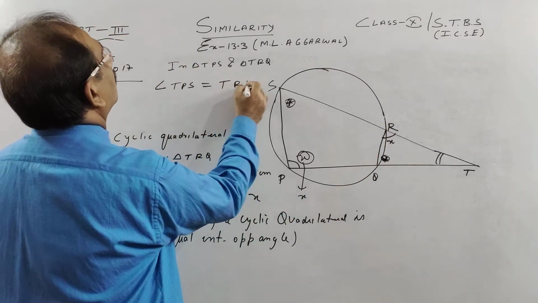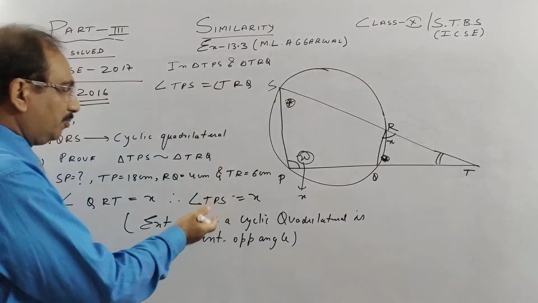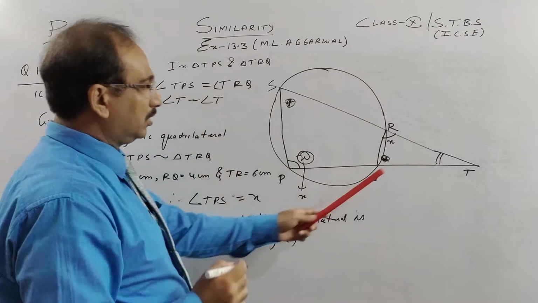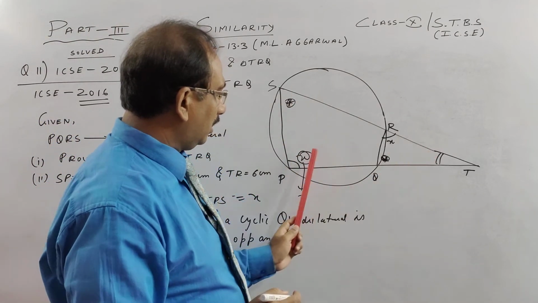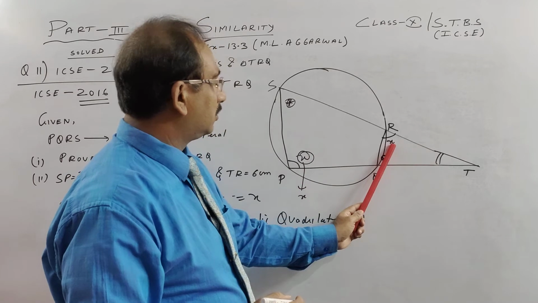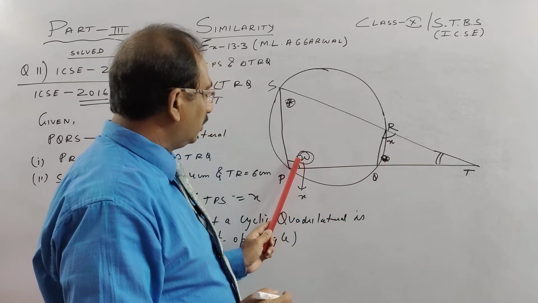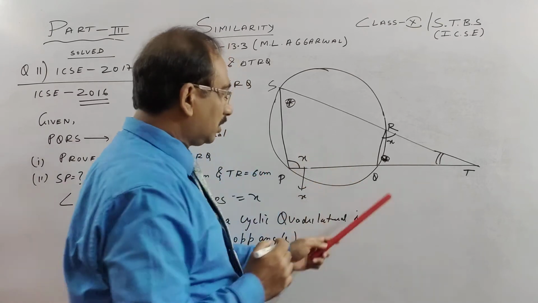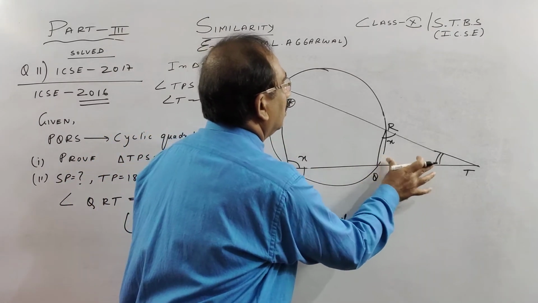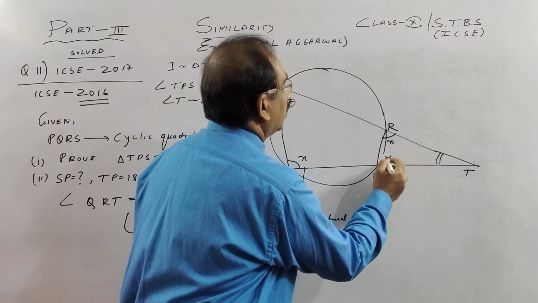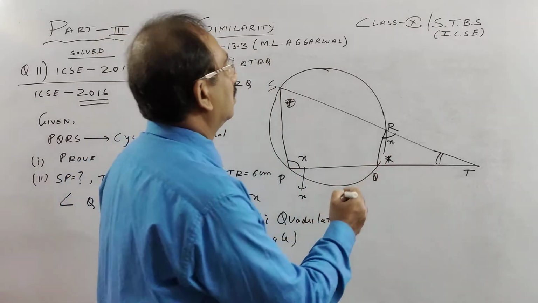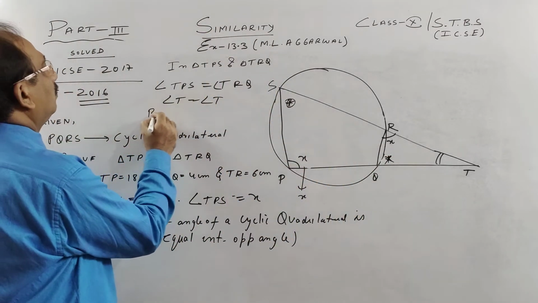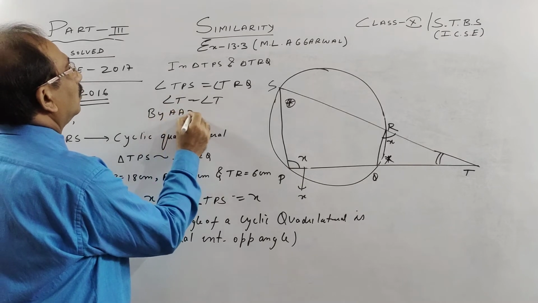I have just proved it over here. They are equal. Then angle T is common, children. Angle T is angle T. So see here, in this big triangle, this and this, and in the small triangle, this and this. So two angles of the small triangle are equal to two angles of the big triangle. This is X, you see. What I have shown you with an asterisk is the third angle. The third angle of this triangle should be equal to the third angle of this triangle. So these two are similar by the AA rule.